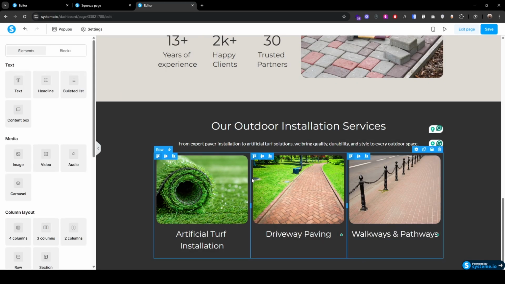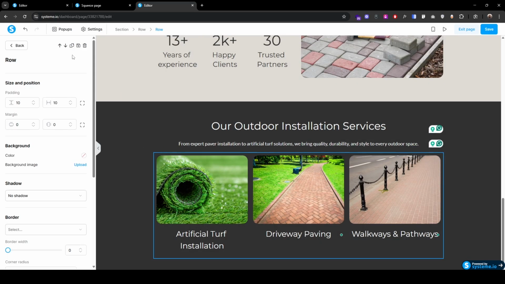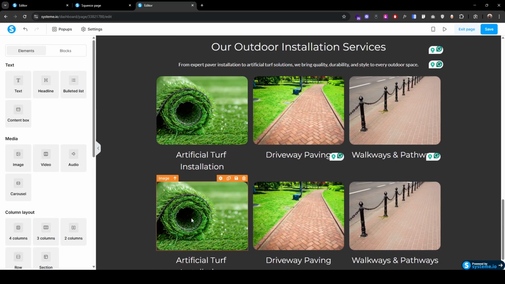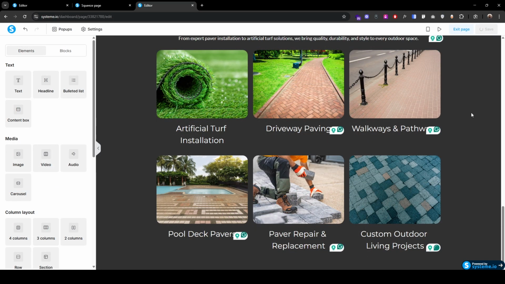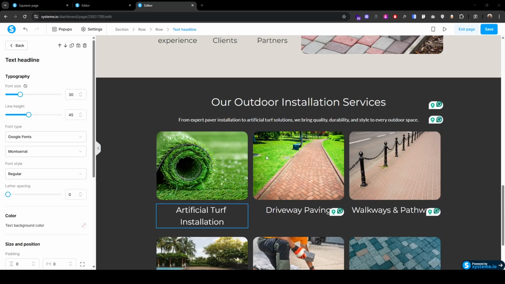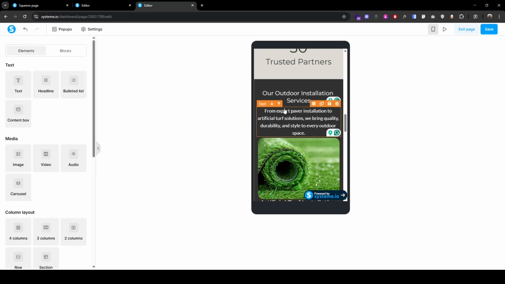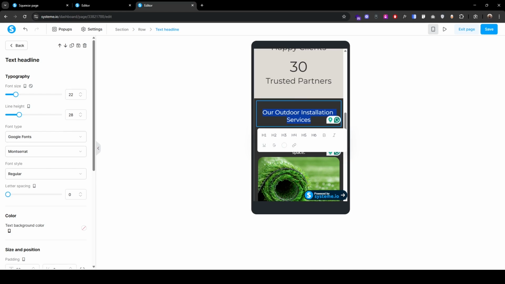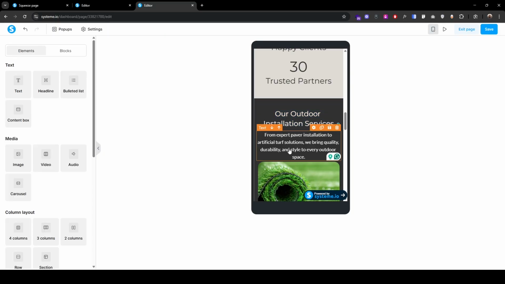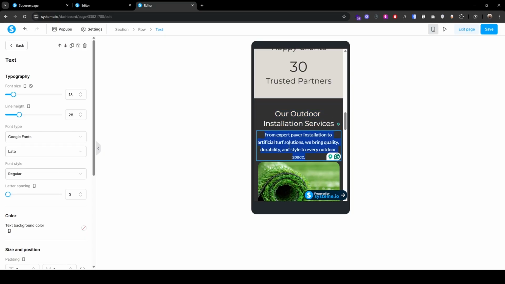Now select the row like this, duplicate this, and again change the content here, click save. Now let's make it responsive. Click here, click this text, increase the font size to 27, line height to 37, subheadline, click here, decrease the